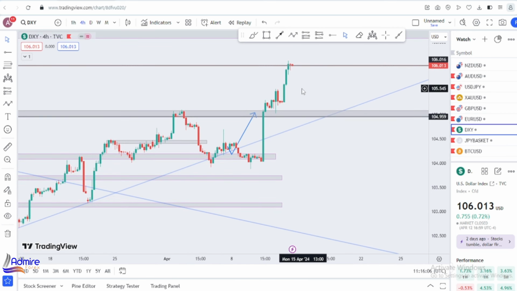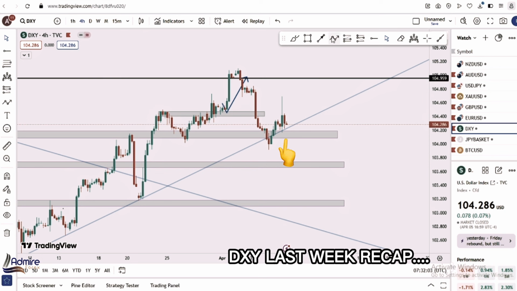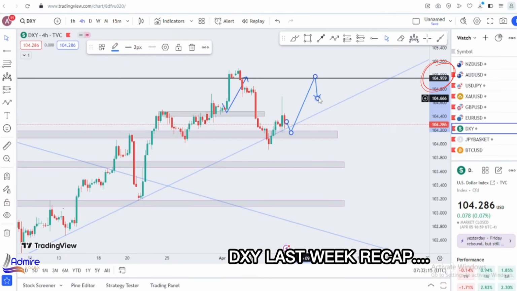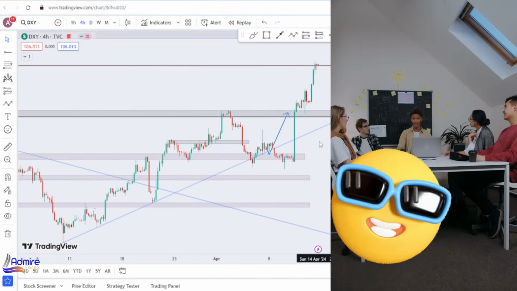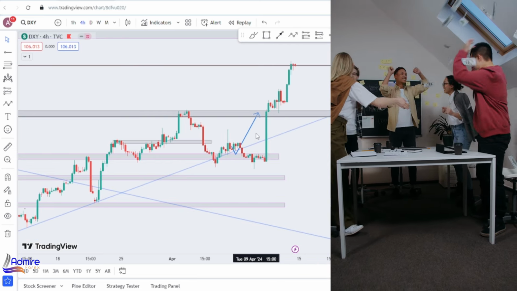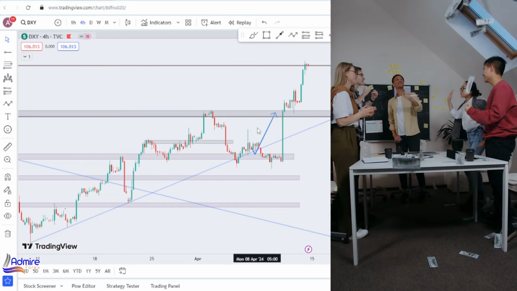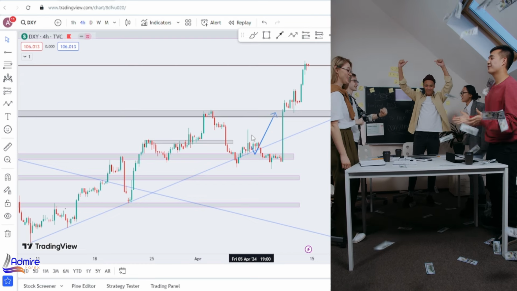If you missed our last week video or you think we are capping, here is the video. This first touch is going to play out. Looking at the bullish scenario of DXY, we want price to come into this zone and push continuation back to that resistance level to the upside, the 104 area. Then we can find more projections for DXY. I hope you can see how we were able to predict the DXY, the dollar index, with precision all the way to the upside. This week, what we will be looking at for the DXY is nothing less than what we did last week.